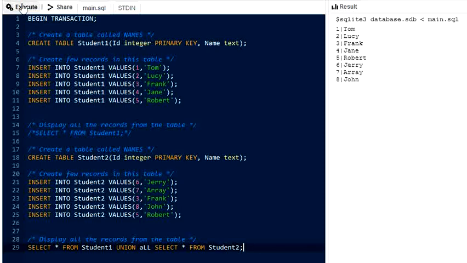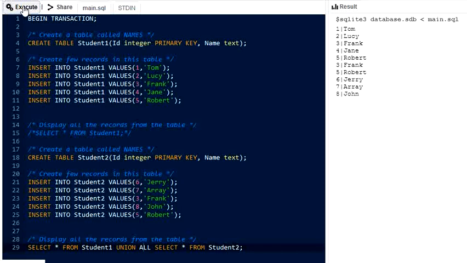You can see that here all the entries of all the tables will be displayed on the screen as the result. So this is all about union and union all. Union takes the values from both the tables, and only one entry will be there for duplicates.